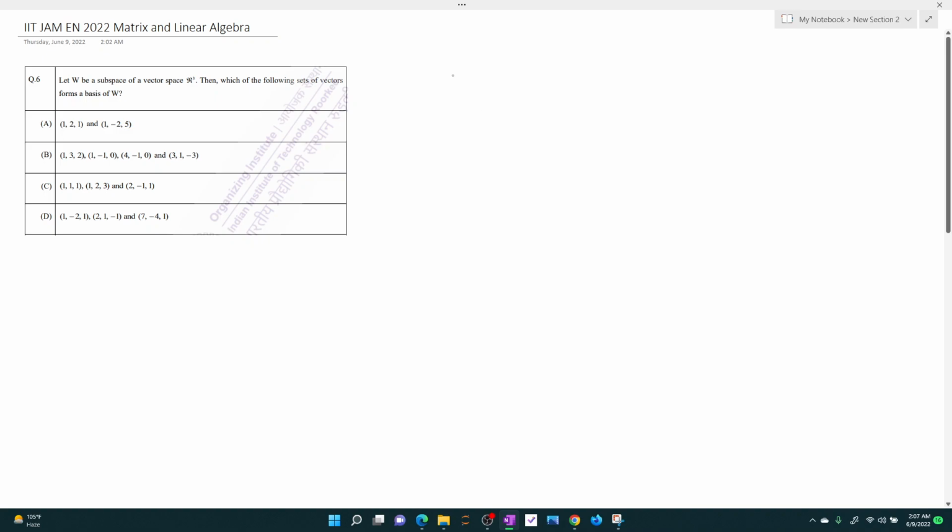So in this question, the vector space is V = R3, right? So I can say that the dimension of R3 is 3. So the dimension of the vector space here is 3. And they say W is a subspace of R3. But the point here is the dimension of W is not mentioned. It is a subspace of R3. So the possibilities are